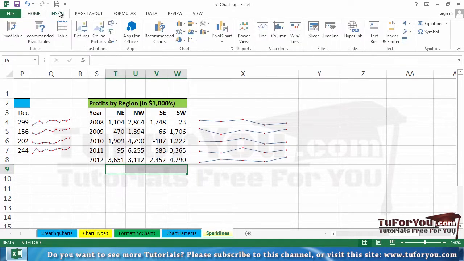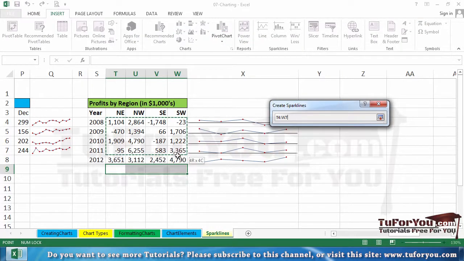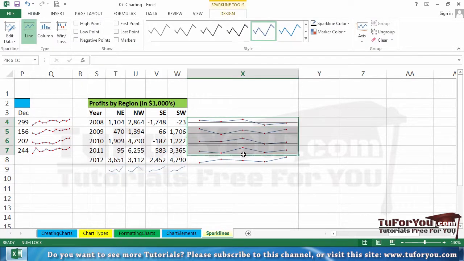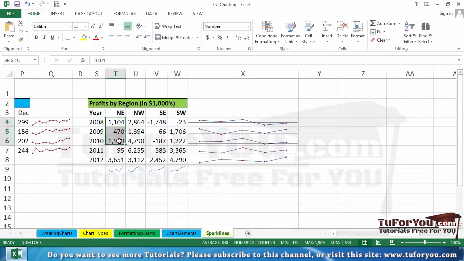After selecting the data here, Insert tab, Lines, and the source data, the data range, this data right here, and OK. Now, we see a depiction of each one of these, so what we're seeing here of course is reflected right here. The difference here is, and this could be considered actually better, showing line charts across different regions, as if they were somehow connected, in a certain sense is misleading, but showing lines here, and in each case it's about years from 2008 through 2012, perhaps this is a better use of the idea that the data flows from